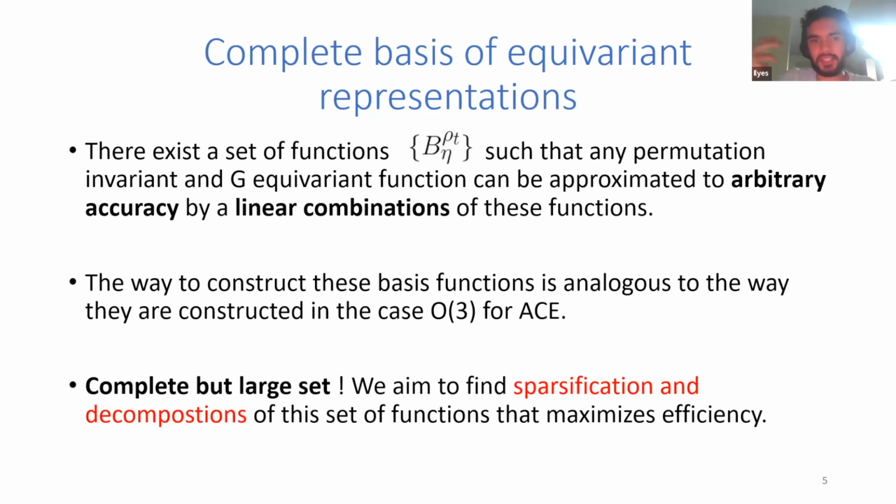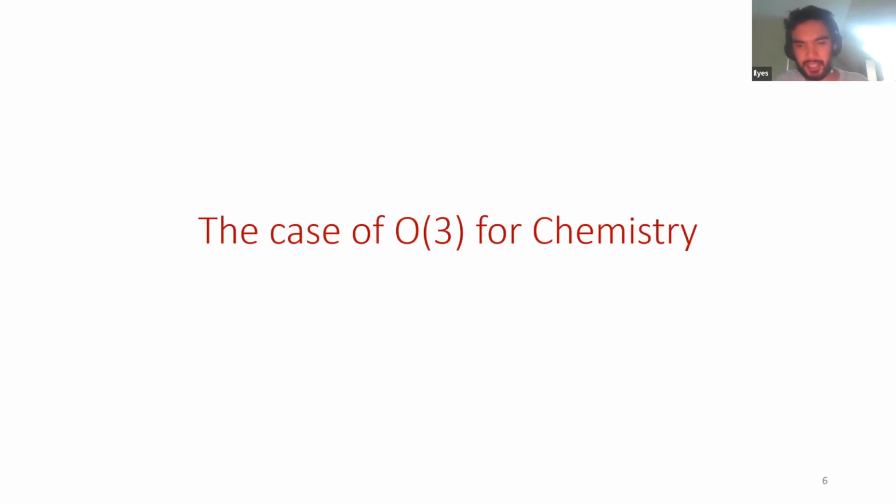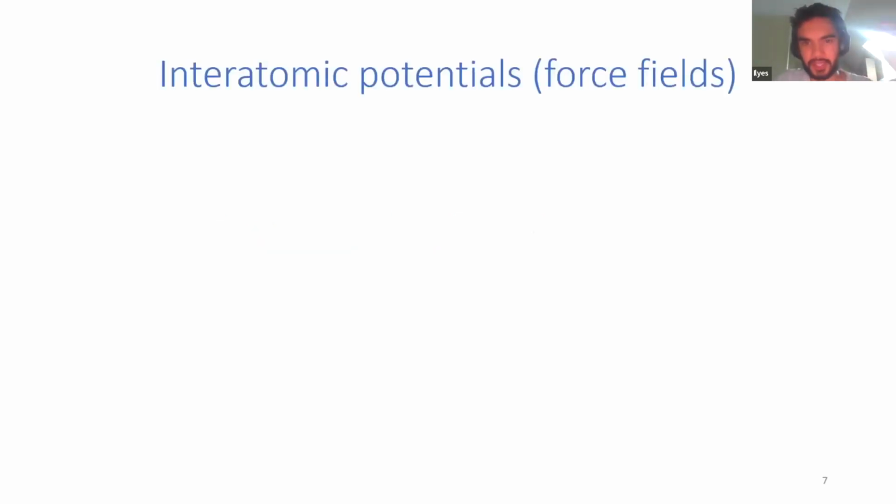Yeah, if you create this basis in the most naive way, it won't be computationally efficient and you won't reach very good accuracy or efficiency. So it's more useful from a theoretical perspective than in a computational sense. So the aim of the talk is how to do that in a more efficient way. The case that we're interested in is the O3 group, the group of all rotations in 3D space, because the underlying physics in chemistry can be approximated by interactions that are invariant to the O3 group. And what we are trying to do is interatomic potentials.